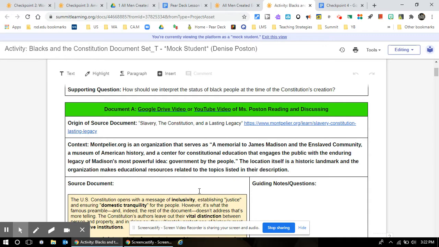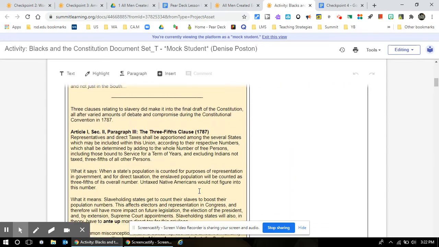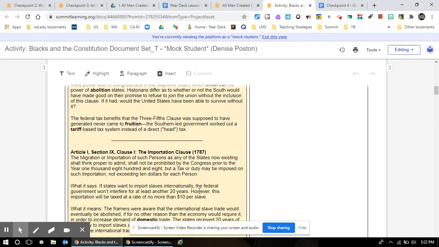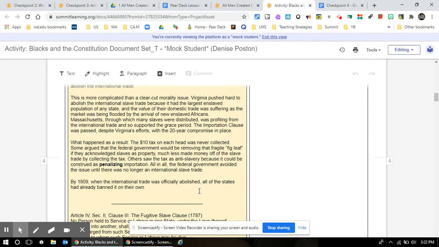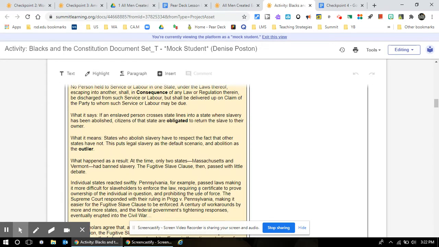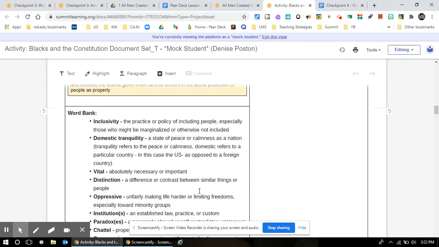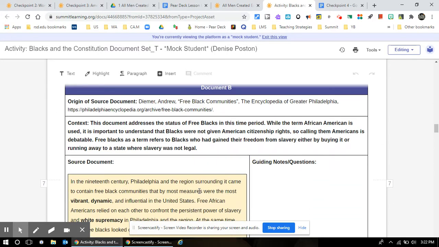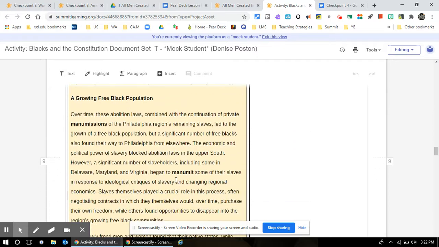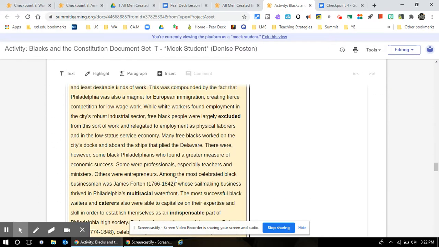So document A, you were supposed to highlight while listening to the video of the document and going through it on our Pear Deck lesson. And this one was focused on how the Constitution dealt with issues of slavery during the time period. And then scrolling down to document B, this dealt with Black people that were free during this time and what life was like, and mostly looking at their lives in Pennsylvania, since it was one of the larger free Black communities, and how things changed for them as laws were changing.